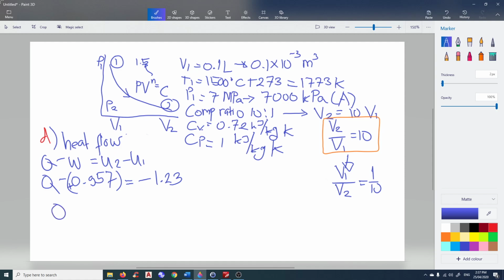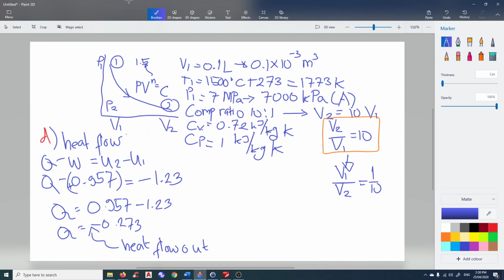So we can say Q, because negative, positive, negative, then this negative moves to the other side and becomes positive, so 0.957 minus 1.23. So Q is equal to negative 0.273. So the negative sign here indicates heat